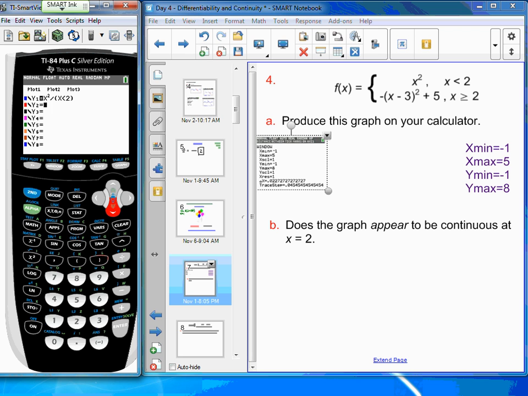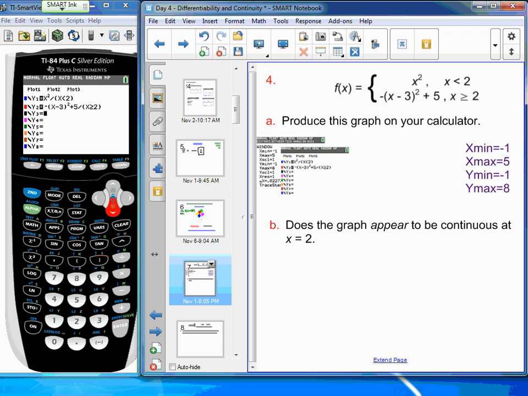For my y sub 2, that will be my second piece. I'll enter the opposite of the quantity x minus 3, squared, plus 5. And then I'll divide that last term by, again, a quantity with the domain restriction. My quantity now is x greater than or equal to. So second math is my test, and I want the fourth option for greater than or equal to 2, close. I'm going to cover that up a little bit so that we can have enough space for our screenshot. Let's see how we did with our